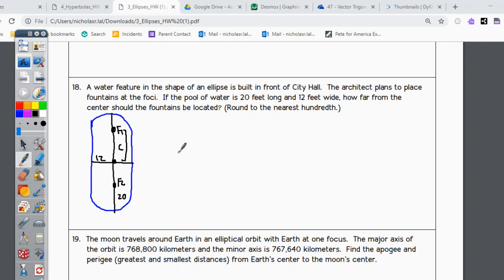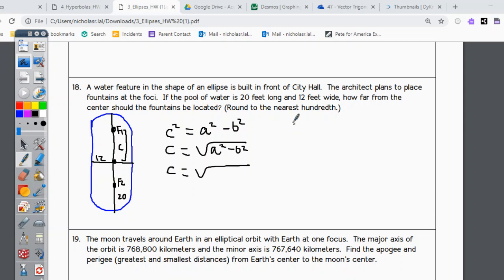Well, what we need to do is use our equation. C squared is equal to A squared minus B squared. This is true for the ellipse. So C is equal to the square root of A squared minus B squared. And if C is equal to the square root of A squared minus B squared, that means C is equal to the square root of